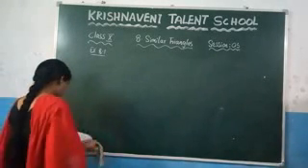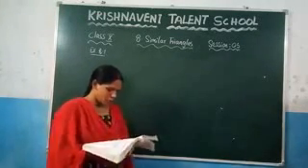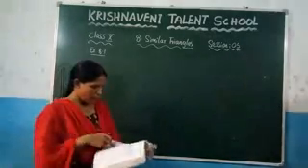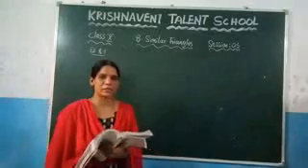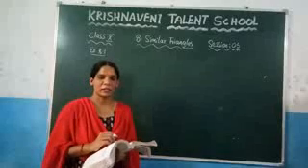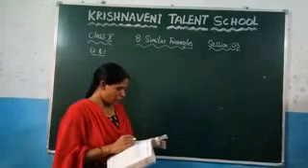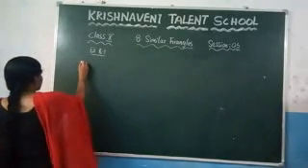So here see the next question, which is the fourth question. Prove that a line drawn to the midpoint of one side of the triangle parallel to the other side bisects the third side. So here, based on the question, you need to draw the triangle so that you can apply the basic proportionality theorem. So first write the question to understand clearly.